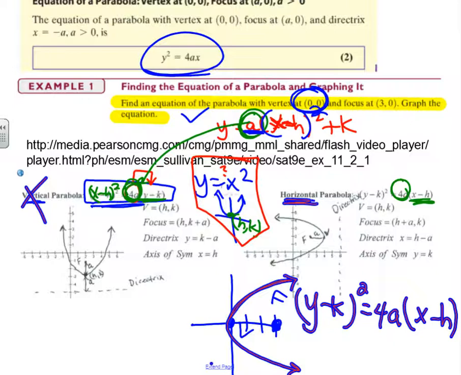And they tell me that h and k is 0, 0. So that's always the vertex, h and k. The focus is 3, 0. So I can tell that this distance here, a, must be 3. Because if this is 0, 0 and this is 3, 0, so now I know that this is 4 times 3, or a whopping 12, and I've got x minus 0, which is the same thing